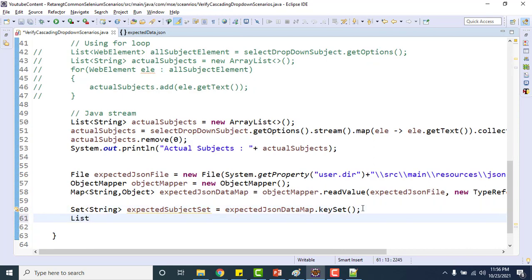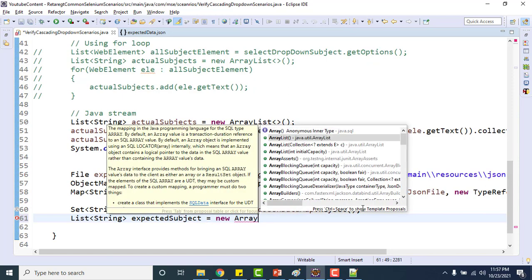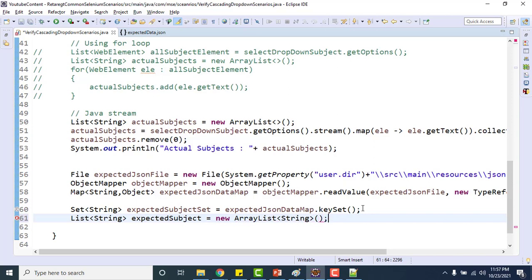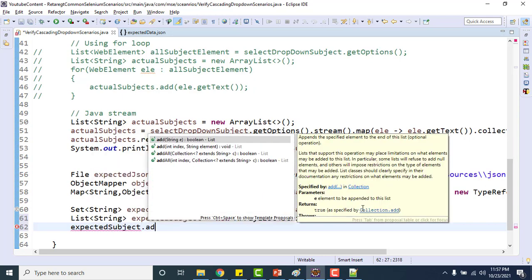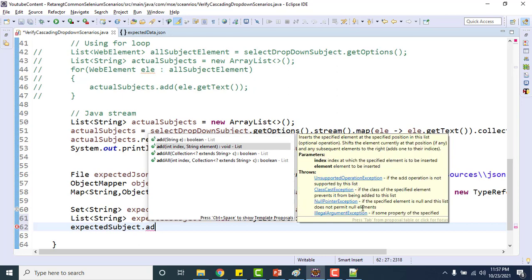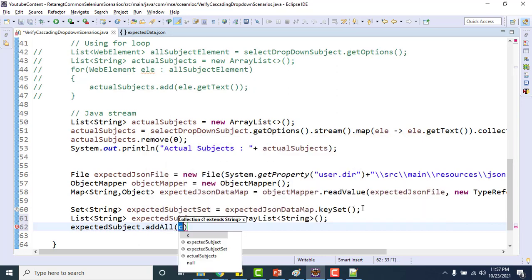For list of string expectedSubject, I use new ArrayList, and inside it I'll use addAll, and I can pass the set here.